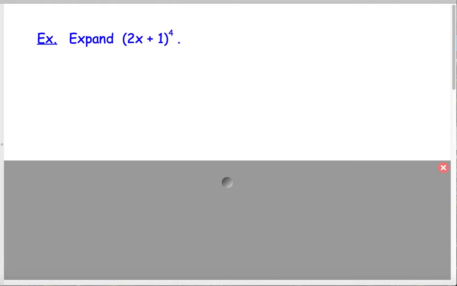All right, expand 2x plus 1 to the 4th. Now, it's not just simply x plus y or a plus b, so we have to be a little careful here. So let's start with, first of all, we know our coefficients. We have 4 choose 0, and then it's going to be the first term, which happens to be 2x to the 4th power, and the second term to the 0 power. Then we're going to do 4 choose 1 for the coefficient. Now it's going to be 2x to the 3rd power, and 1 to the 1st power,